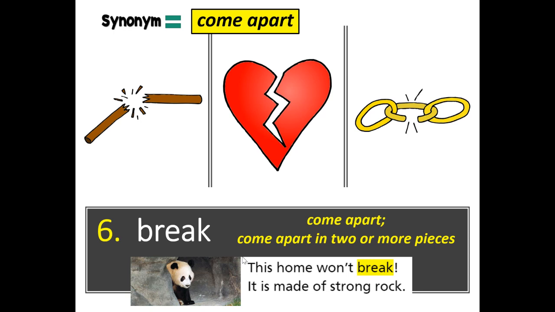This home won't break. It is made of strong rock, the cave. Think about it. What happens when you break an egg? Break. So for number 6, write break. A synonym or short definition could be come apart. And then if you need to, push pause to draw your quick sketch, or you can do that at the